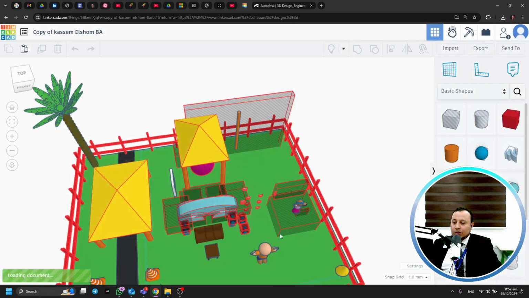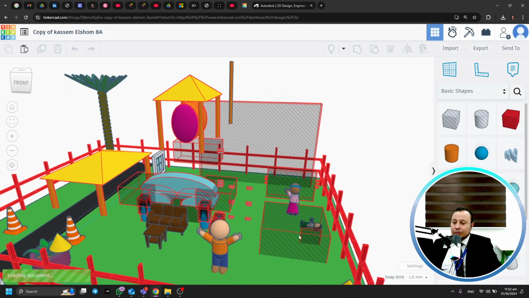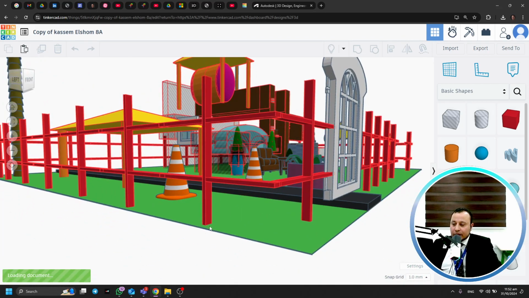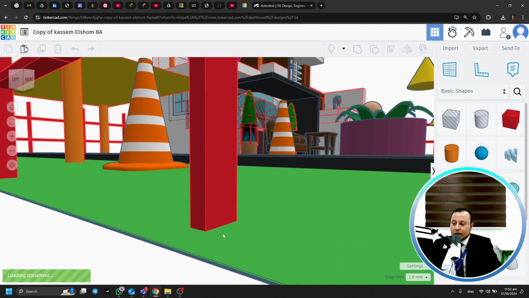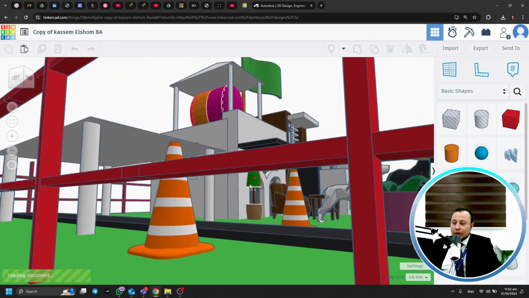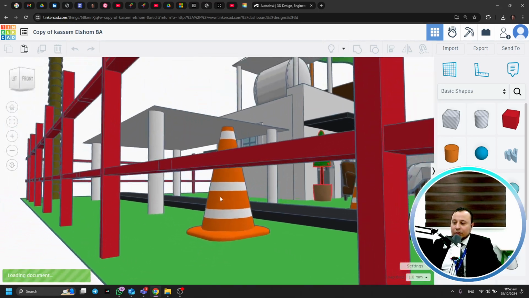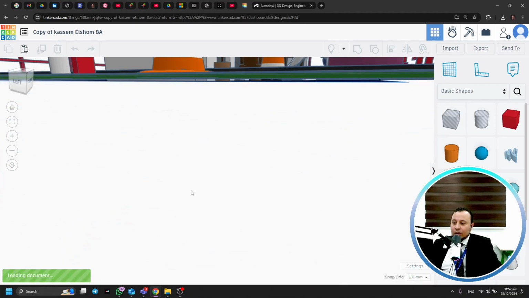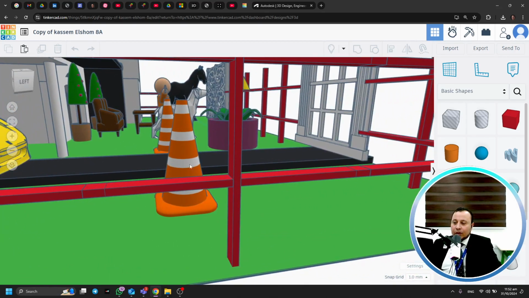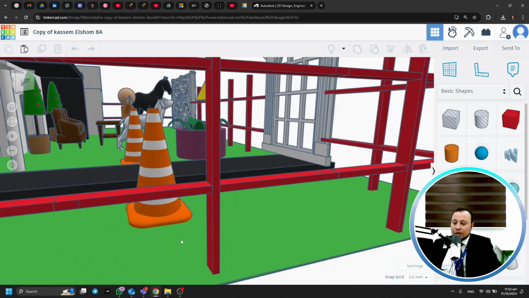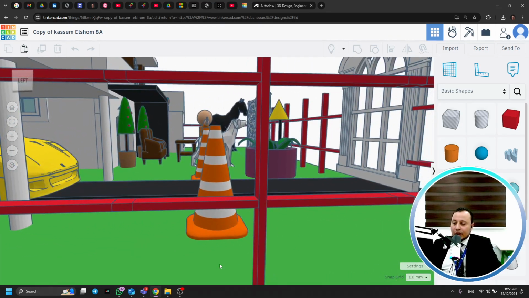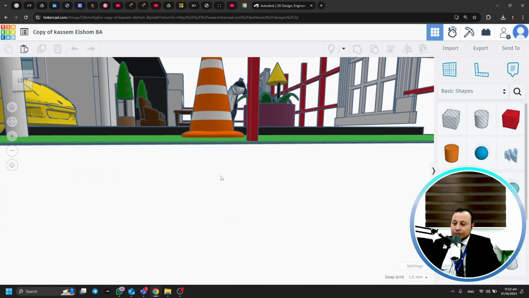If you have a large project made of a lot of stuff like this, sometimes I need to do something in this area. I want it to be still zoomed in like this, and I held the shift button, because if I'm using the mouse right click button, it will be just rotating. If I want to see if this cone is touching the floor or just raised up a few millimeters, I'll not be able to see it like that. But I can use the shift button and zoom in